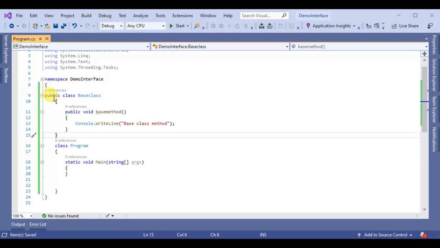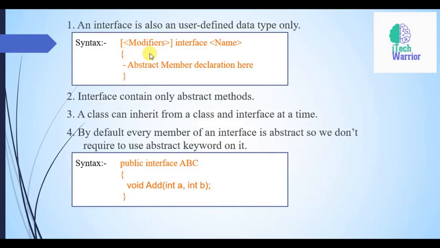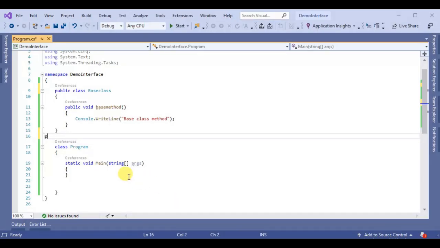So let's define an interface. This is the syntax of interface: modifier, interface, name, and all the members of interface are abstract. So public interface, suppose we define the name IBaseInterface.